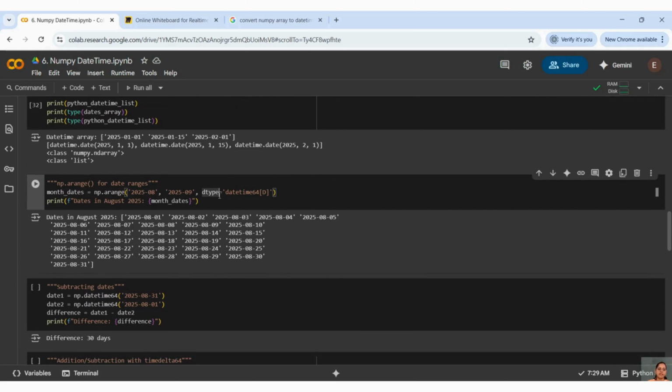Next, we will understand arange, right? How will you use arange for date and time? I want to get some sequential months. So what I did, I have taken np.arange, and let me take another one.